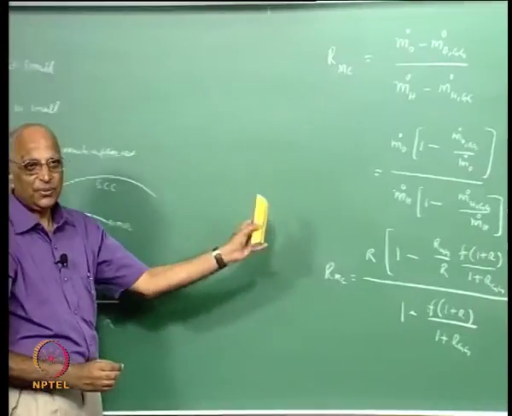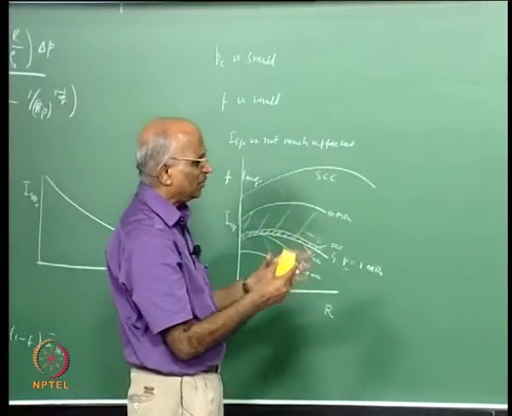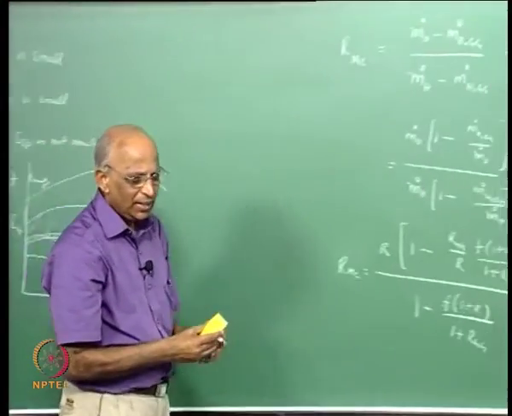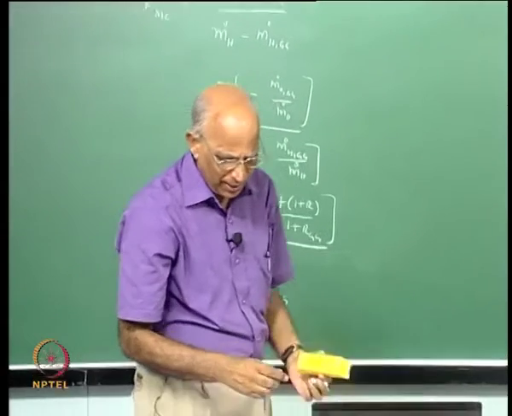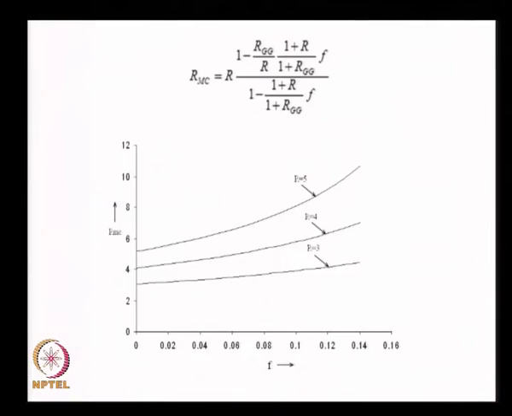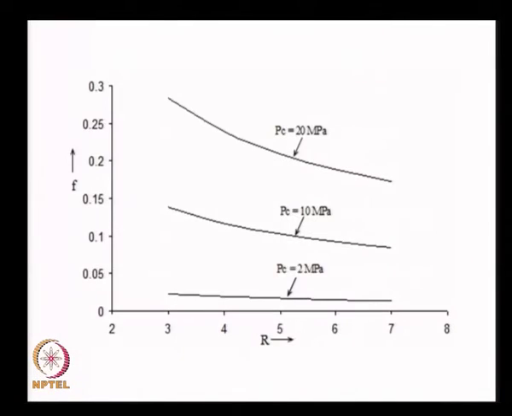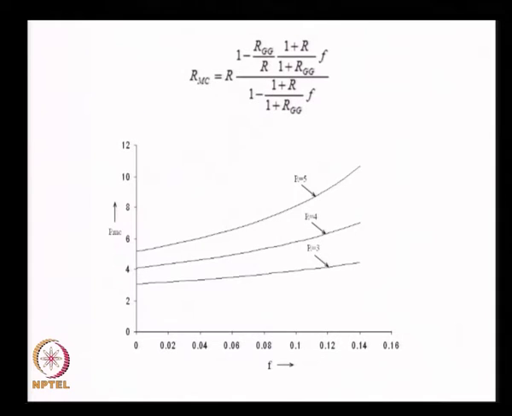I think we must learn to do these things. We are just doing an analysis for the entire elements, and if I do this, what is it I get? Let's just plot out these results. I don't want to spend too much time on it. This we have seen. All what we have done is we got the main mixture ratio in the gas generator as a function of mixture ratio in your engine, and for a combination of parameters like Rgg being 6, and for different values of R, if I plot it out as a function of F, I find that,